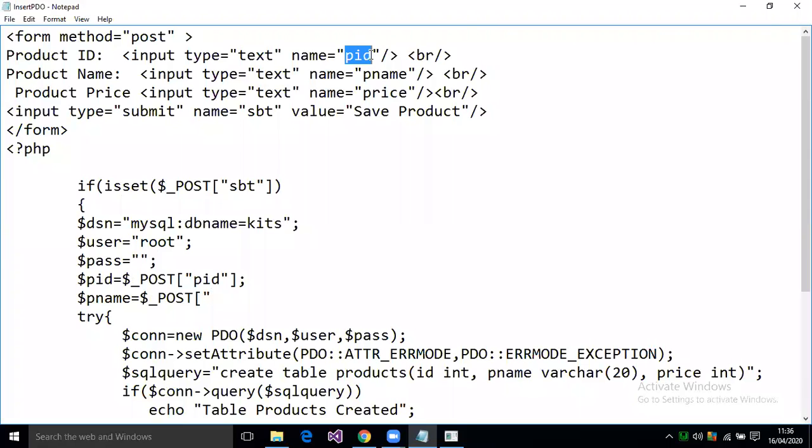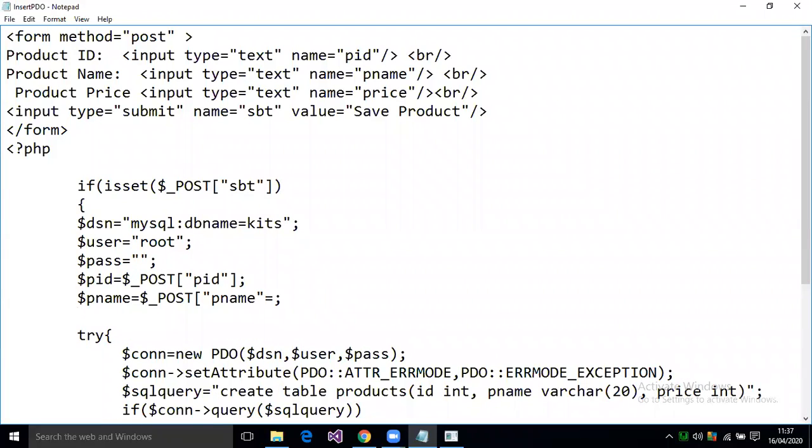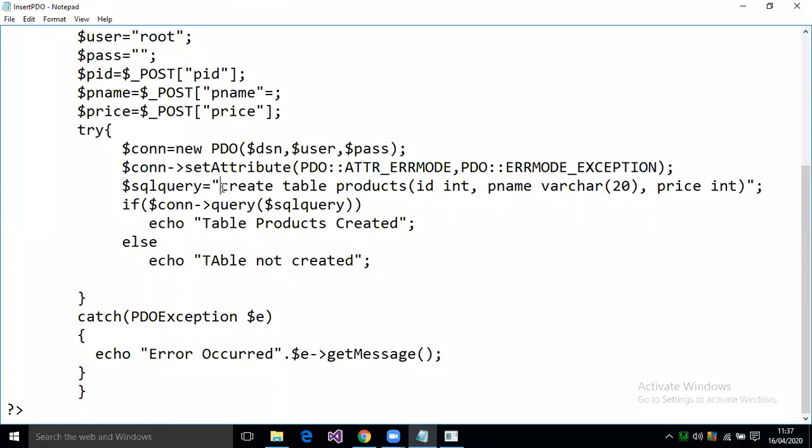These names pid, pname, price should match the form. Then $price equal to $_POST of price. Okay, once you have all these details, then simply you can write this as a query,